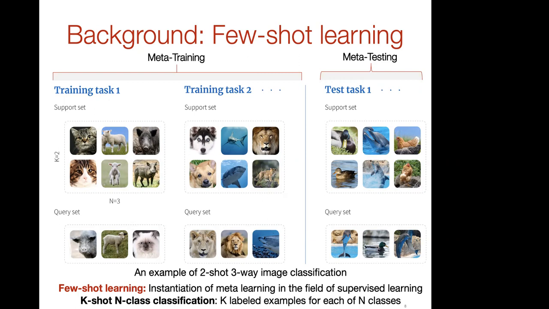During that time, we will take the classifier that we want to generalize to these challenging problems with limited label data, and we will expose that classifier to very hard learning settings. We will challenge that classifier to perform well under limited settings. What that practically means is that we define a number of small training tasks, and each training task is designed to be really hard. For training task number one, we ask the classifier to take these two labeled examples for three classes. So we have two cats and two sheep and